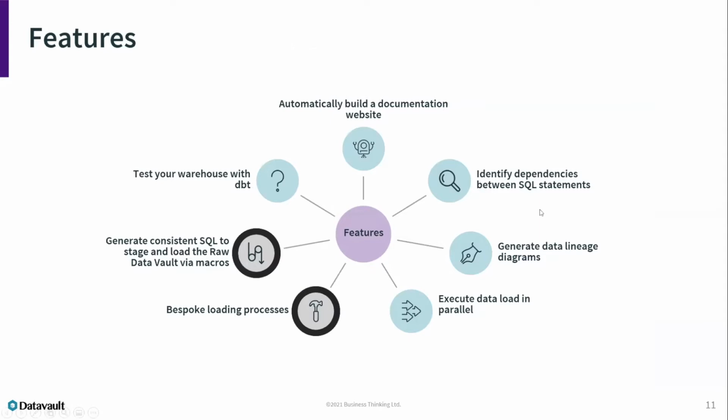Okay, so the beauty of the dbtvault package is that it inherits all the features that come with dbt. Some of these really crucial features are the identification of dependencies between SQL statements. This can actually affect the load patterns. dbt will automatically identify which SQL statements need to be executed first, and then load them subsequently where there are dependencies. These dependencies can also be used to generate data lineage diagrams, which will enable you to see the flow of your data through the